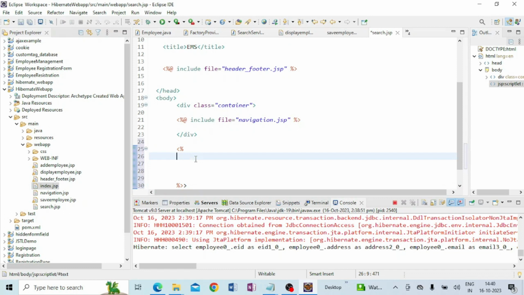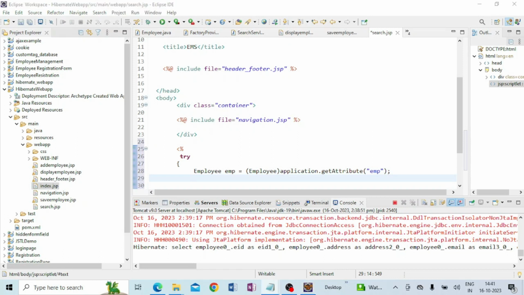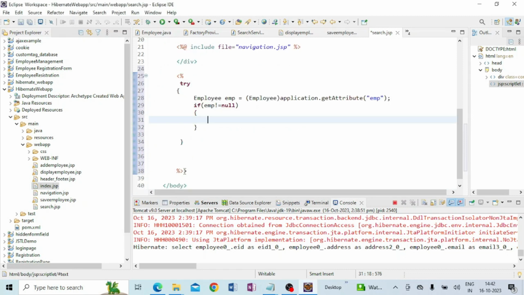I write try, Employee emp is equal to, here you write Employee emp equal to the application's getAttribute emp, and here I have to use if and else. If employee is not null, here you write if employee is not null, then now I am going to put